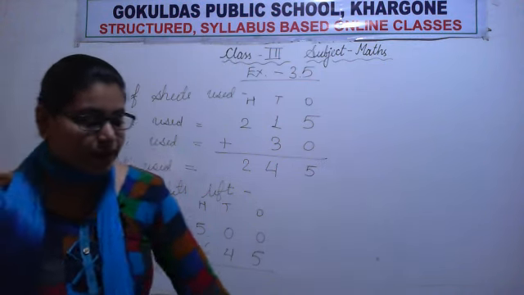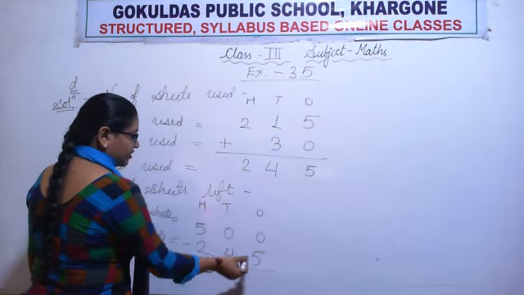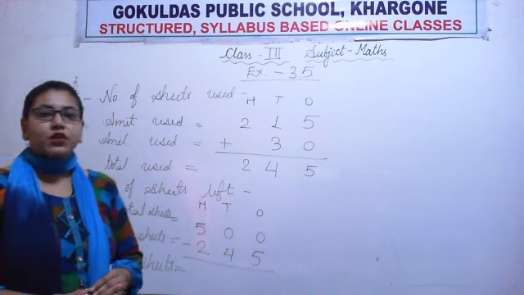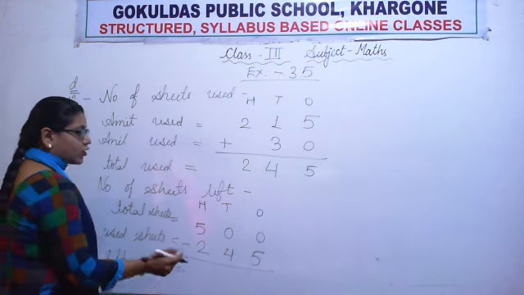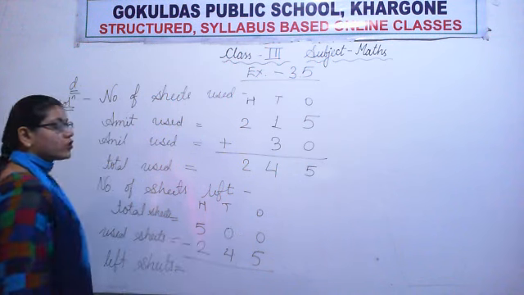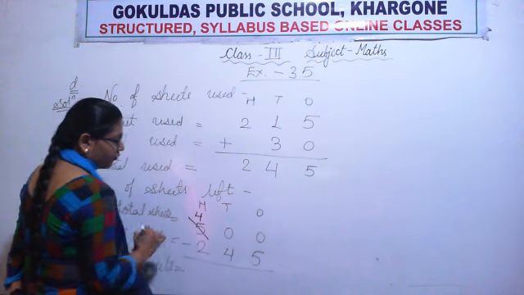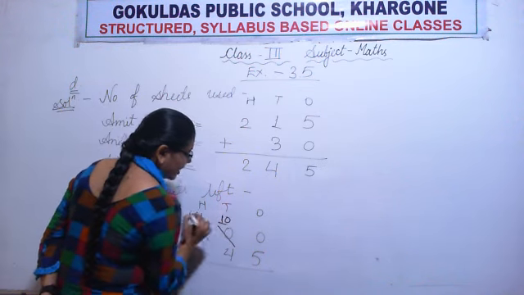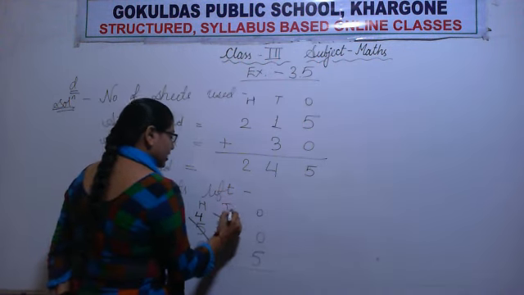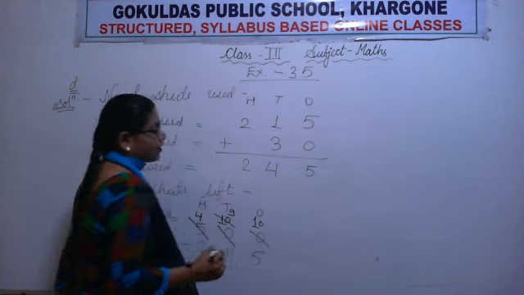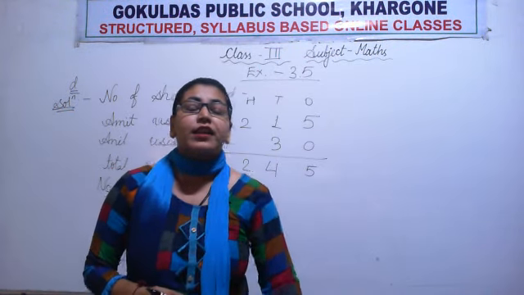So starting from the ones place, let's subtract 0 minus 5. Can we remove 5 from 0? Yes or no? No, because 5 is the bigger number. So now we will borrow. Since the tens place is also 0, we will borrow from the hundreds place. This 500 will become 400 and this 10 will become 10 tens. Now we want a bigger number here. So again this 10 will become 9 and this 0 will become 10. If you forget subtraction with regrouping or borrowing, you can rewatch those videos.